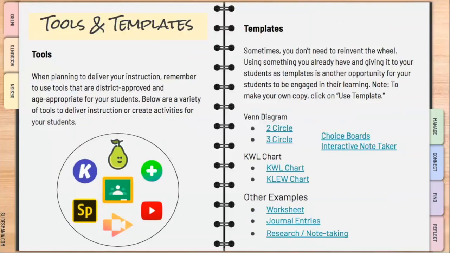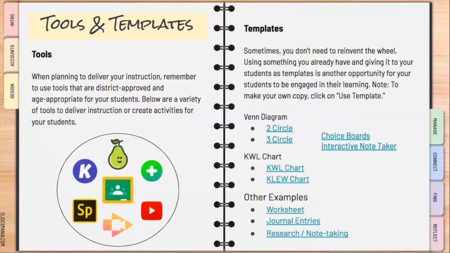When you're planning to deliver your lesson, this is just a reminder that all of your tools should be, as mentioned earlier, district approved tools. You also want to keep in mind that you're using age appropriate tools for your students. We want to eliminate any frustration the students will have or anything that might interrupt their learning.